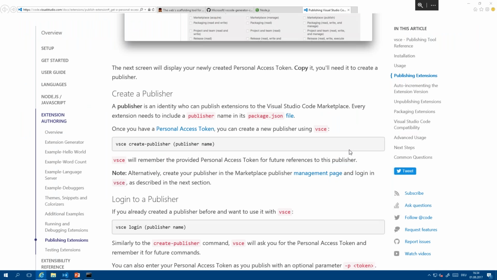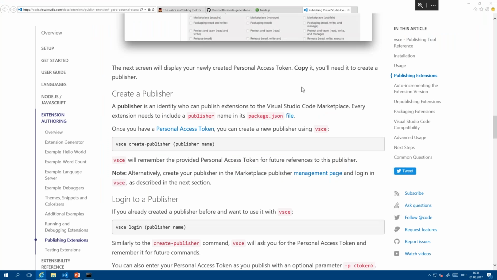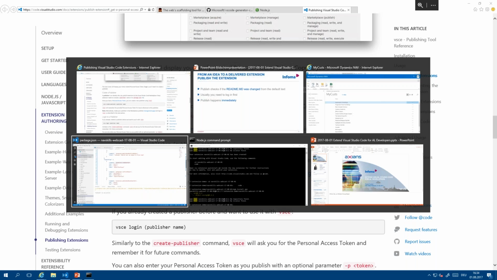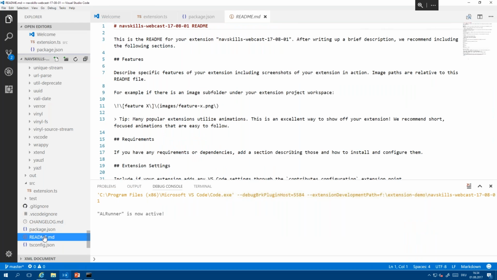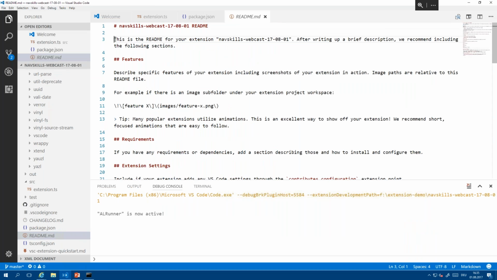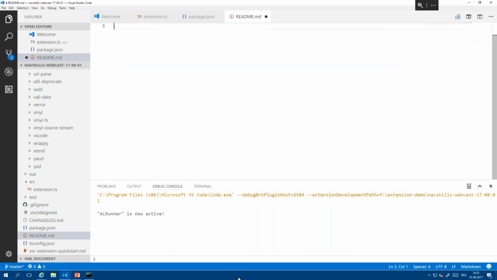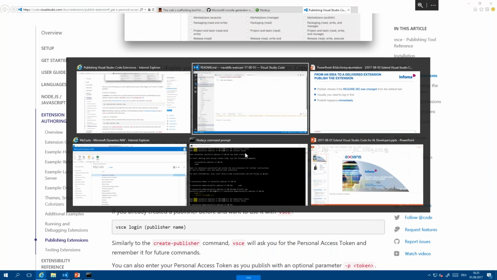If we just run the publishing now, it would tell us that we need to change the README. To save us time, I'm just opening the README here and removing everything, and just creating some description in here.